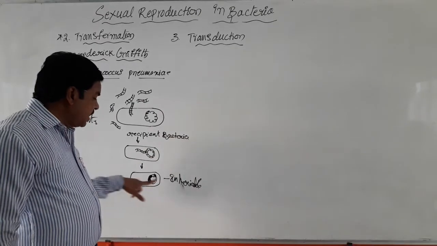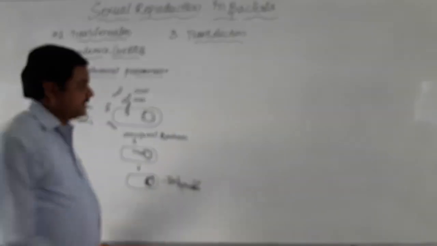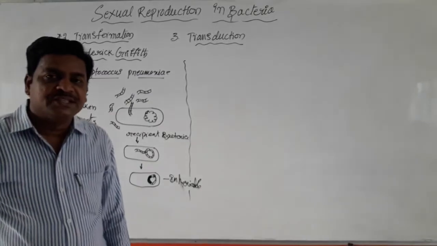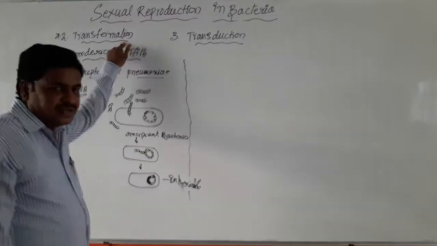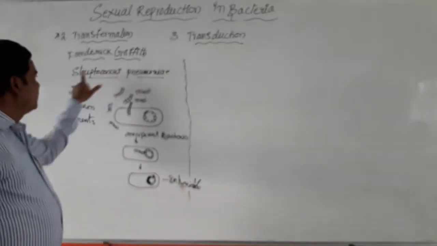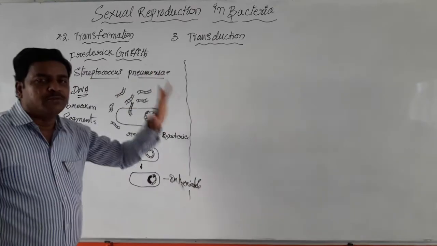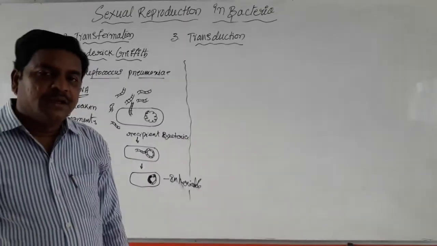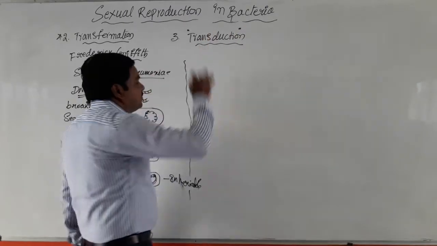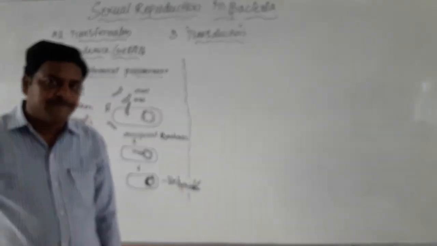Then it also expresses some new characters. This type of sexual reproduction present in bacteria is considered as transformation. It was discovered by Frederick Griffith in Streptococcus pneumoniae. Okay. Now coming to the third type of sexual reproduction in bacteria, that is called